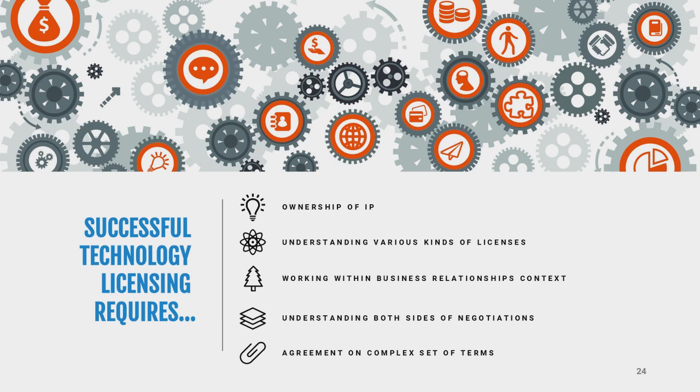For example, here, ownership of IP. This is super important. You want to make sure that you own the IP if you're going to license it or have at least licensing rights. That needs to be hammered out right off the bat. Second, you need to understand the various kinds of licenses, which we just talked about. Third, licensing, technology licensing in particular, only occurs in the context of a business relationship with other agreements. And this is important because these agreements are often interrelated, whether in one document or integrated in another bigger document. It's important to consider practically how these terms affect each other because of timing, pricing, overall value.